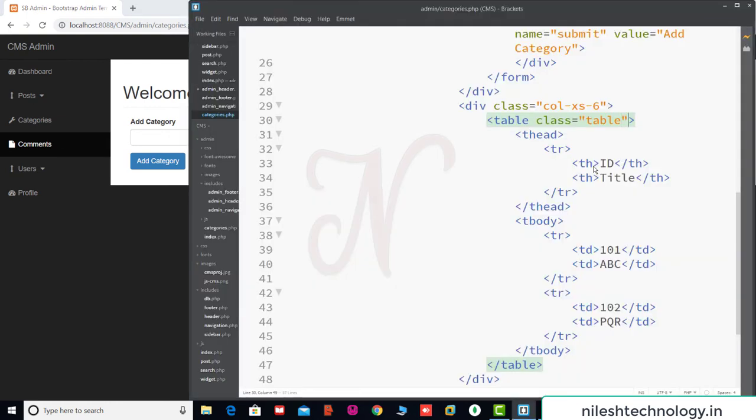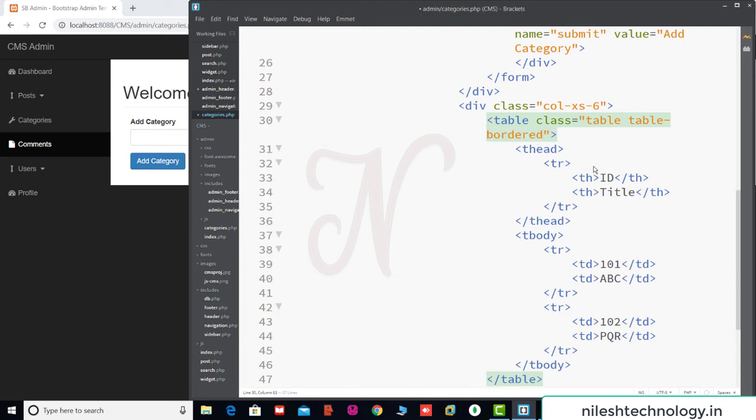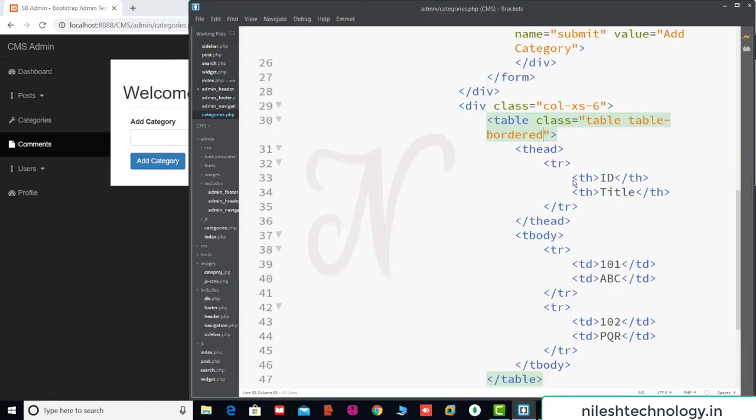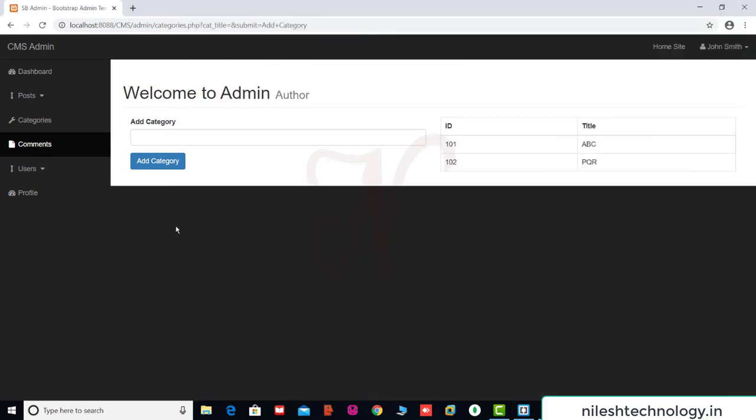Again we add some more classes here. Table, we give the border, table border. Save. Okay, now the table has a border. Then one more CSS class, that is table hover. So see here what is the effect of this table hover. So I can save these changes. Now if you move the cursor on this table, then see here, these are some effects. So this row is lightly highlighted. If you move the pointer on the table, this is the effect of table hover. Now my table looks better.